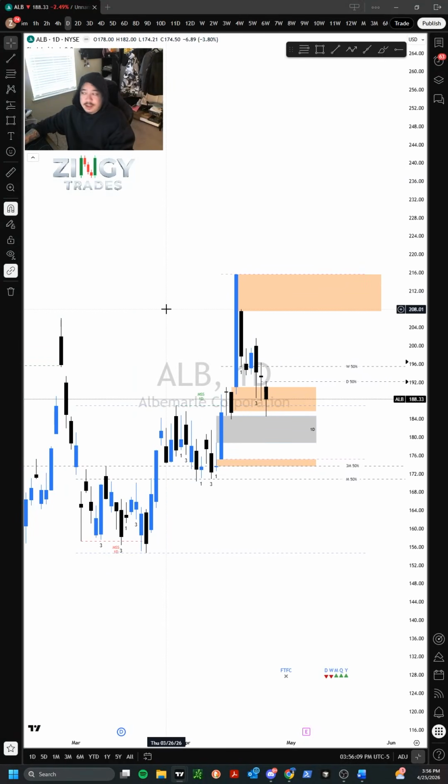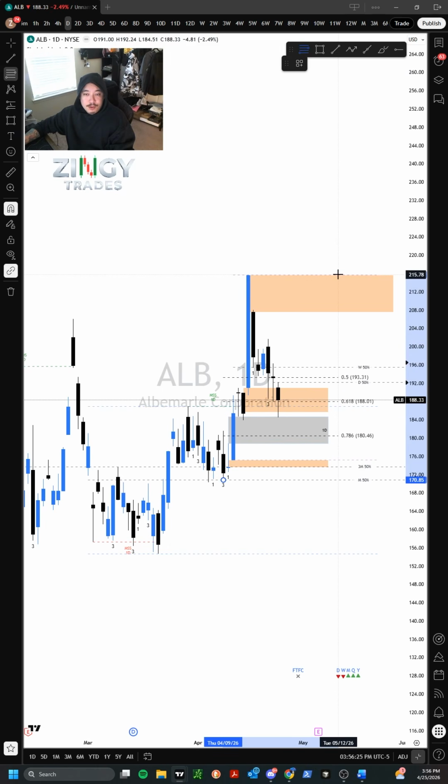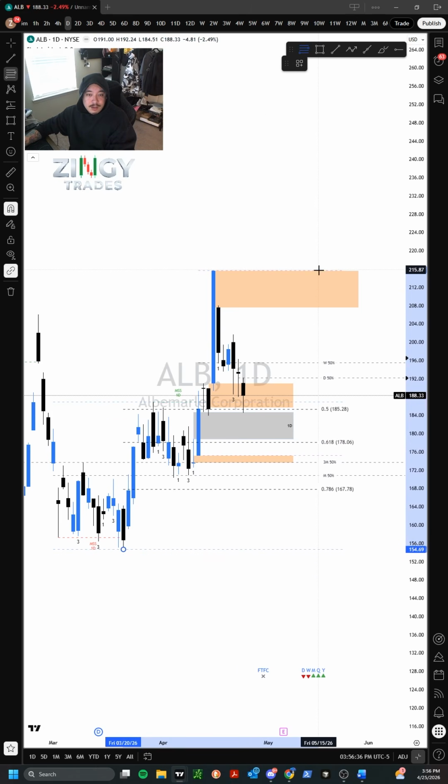First up on the list is ALAB. ALAB is derived off the daily and the 4-hour. Now the tricky part with ALAB is determining which leg to actually use the Fibonacci's for. If they want to take this smaller leg for OTE, they could do that, and you can see that we would be in true OTE. Or, and this is what I have done, I have it drawn off this entire leg, and you can see that we have a little bit more to the downside to get to OTE.